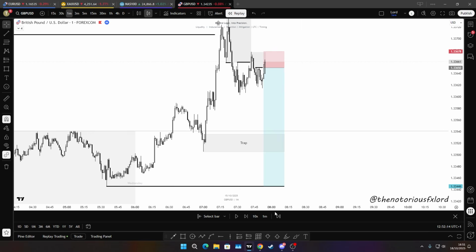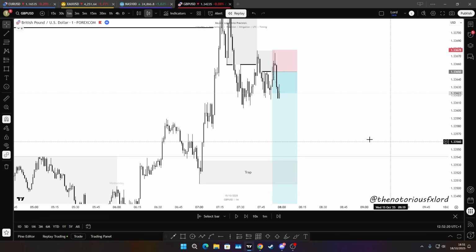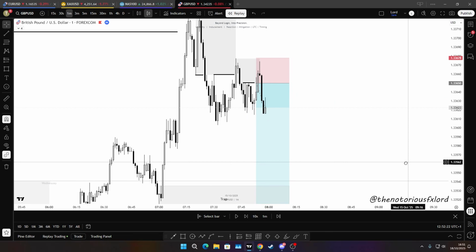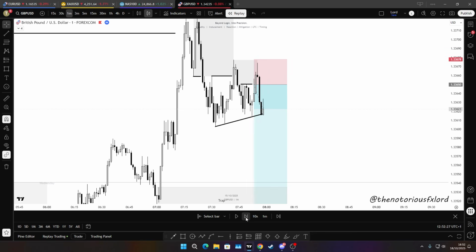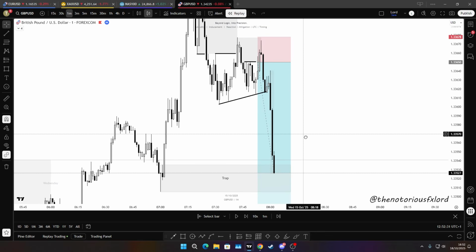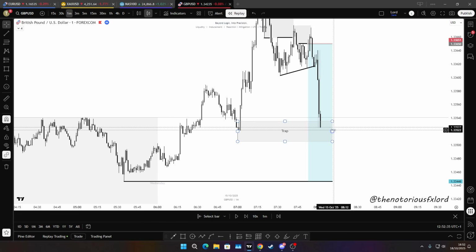So let's just split the price and manage it. So once we had this strong intentions, right? I wasn't at break even still. I was waiting for price to clear out these lows, and then I'll place my stops to break even. There we go. So once I saw this, right, strong push, I was break even, and this was my partials